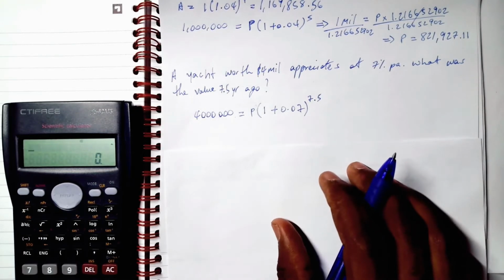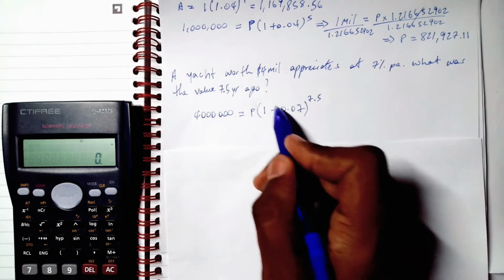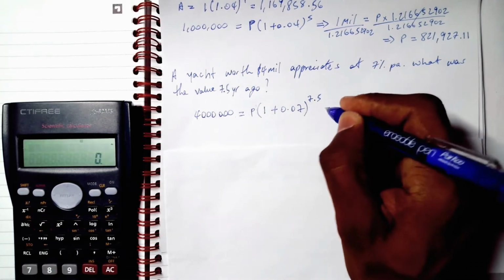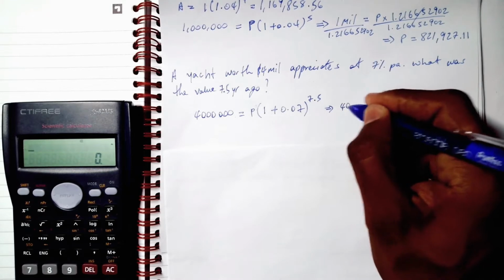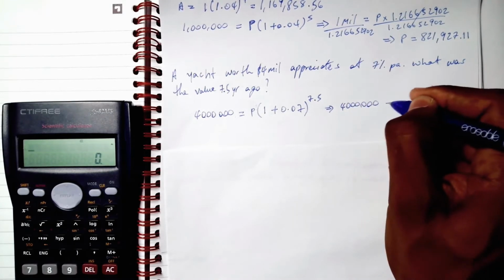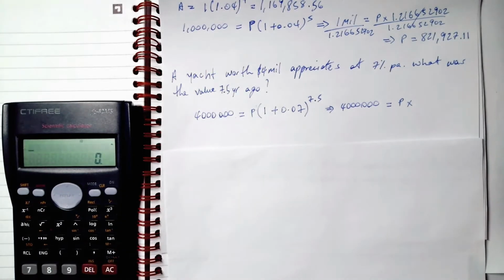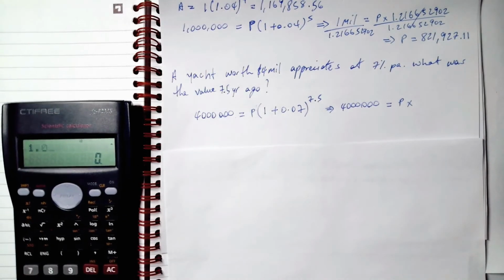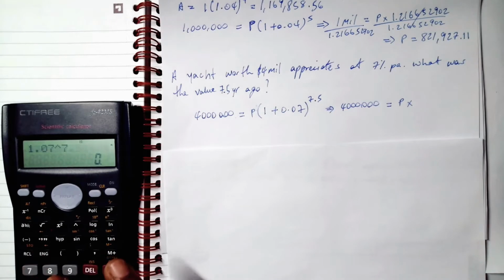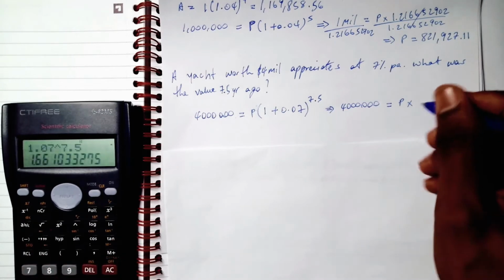And then we do some division. We calculate this part, of course, and get 4 mil equal P multiplied by, so we're going to work out this part here, which is